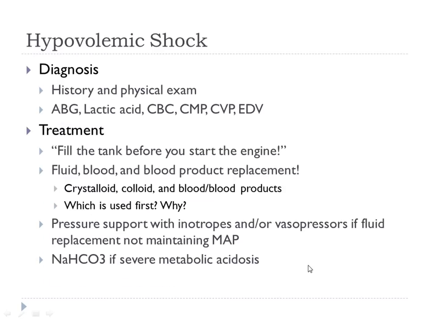So we have to figure out what caused this state of hypovolemic shock. The person will have an elevated lactic acid. Why? We're in anaerobic metabolism. Exactly. Breakdown of muscle and things like that for energy. You release this lactic acid. The ABGs might show that the patient is acidotic because of the lactic acidosis.